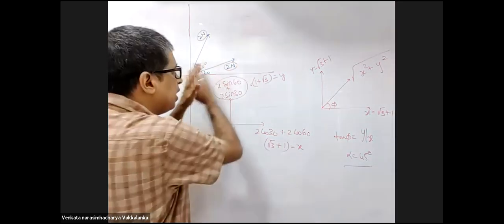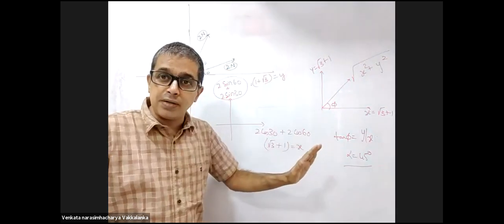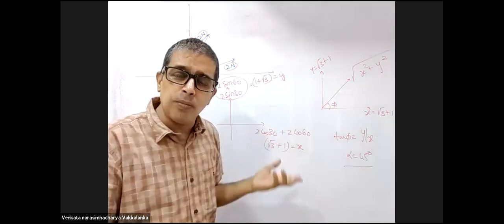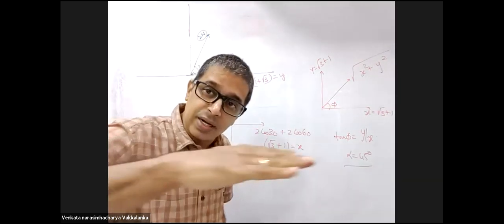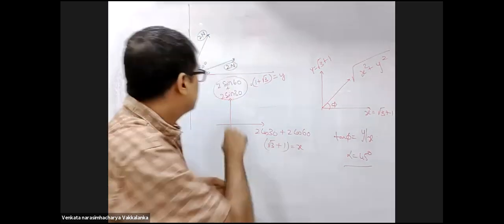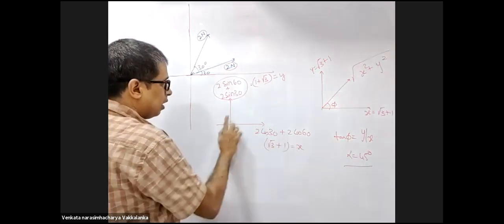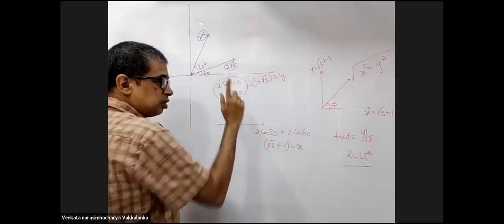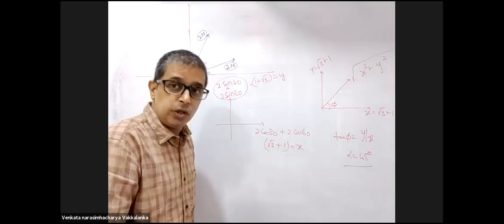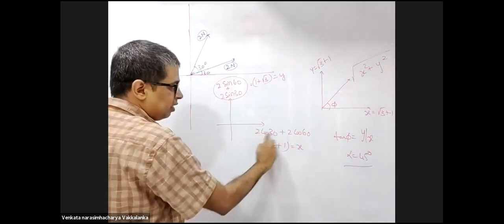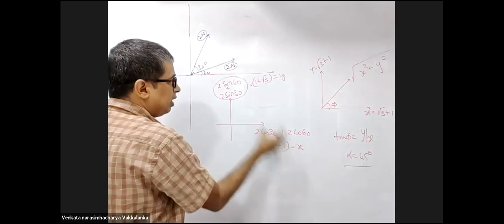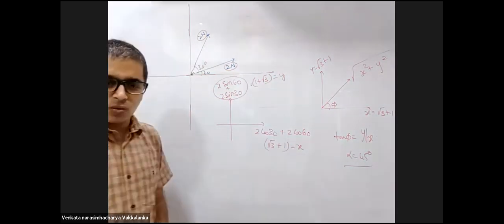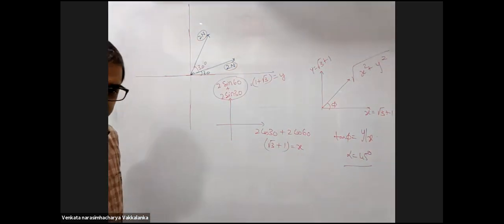So I can give you n number of vectors, multiple vectors. Resolve all vectors along the x-axis. Along the x-axis, the components you add numerically, since they are vectors in the same direction. Along the y-axis, all components you add up numerically. Along the same direction, you can add them up. Rather, you should. You're getting an x component and a y component. Resultant will be root over of x square plus y square.